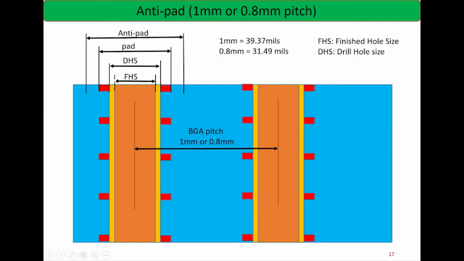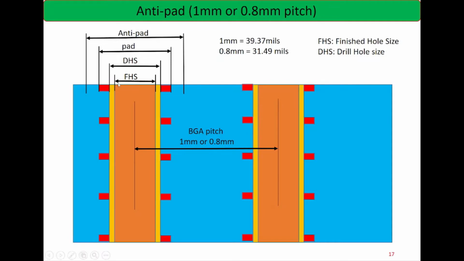So basically we start with FHS. FHS here is finished hole size. Basically, we draw one kind of via in the PCB from one layer to another layer. So this is the FHS for the connection between the layers, right? Suppose one transmission line is passing from layer 2 to layer 8, anyway. So we need to take the help of a via.